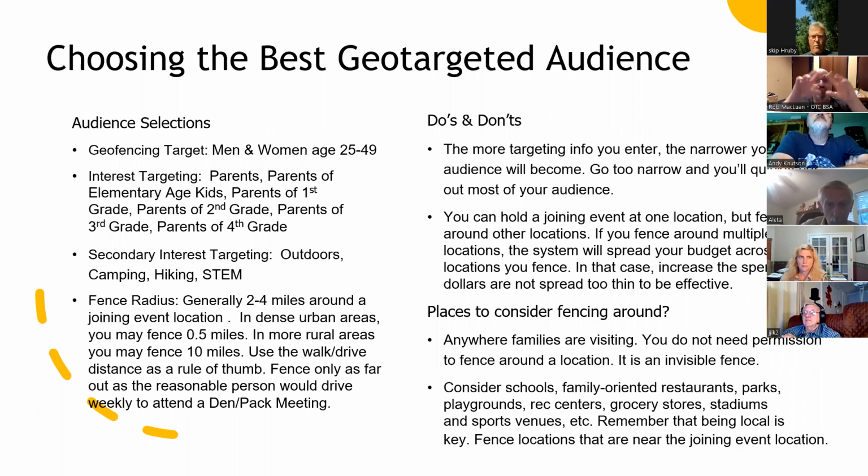You can do a general radius. So if your meeting is going to be at a specific school, you can do a radius around that school, and everybody that comes into that area that has Facebook is going to get that notification. You want to be careful that you don't over target, because you can target yourself to a point that nobody's going to see it. I'm looking for,